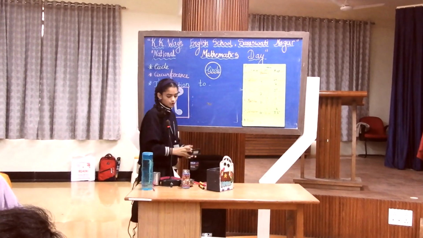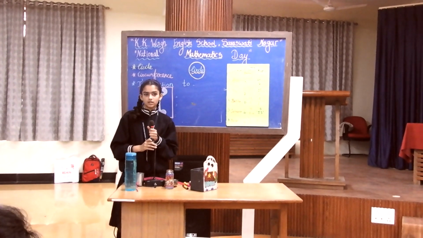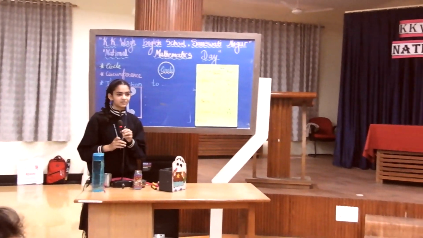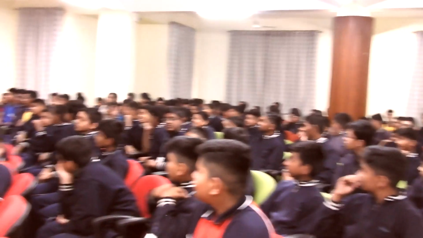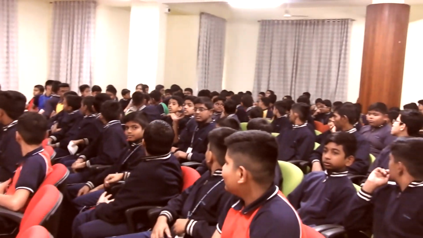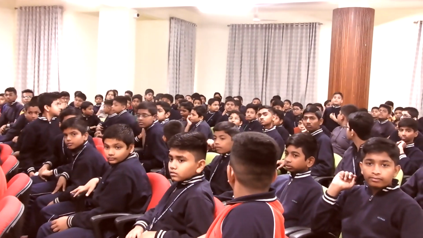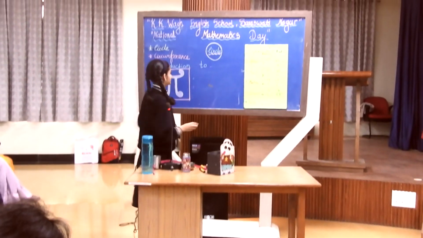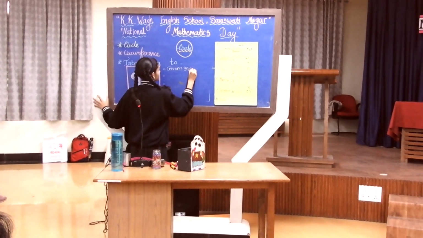So my next question to you all, that is, if the radius of a circle is 35 centimeter, then what will be its circumference? 220. Please raise your hand. Yes, Shreya, you are raising your hand. Tell the formula. Circumference in terms of radius. What will we write first? Given 35 centimeter radius.